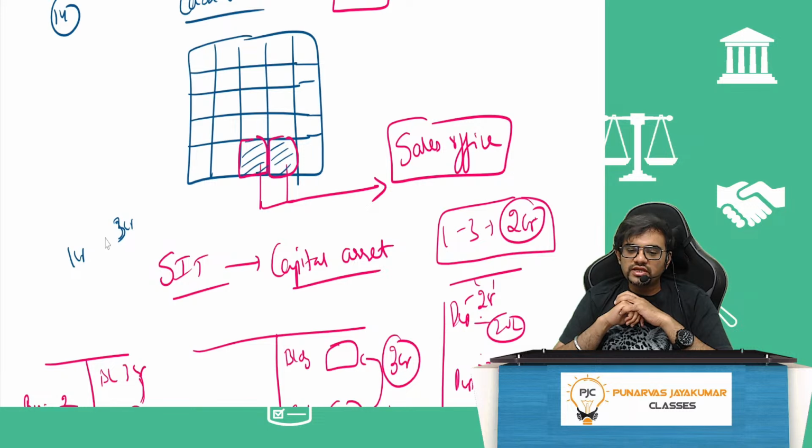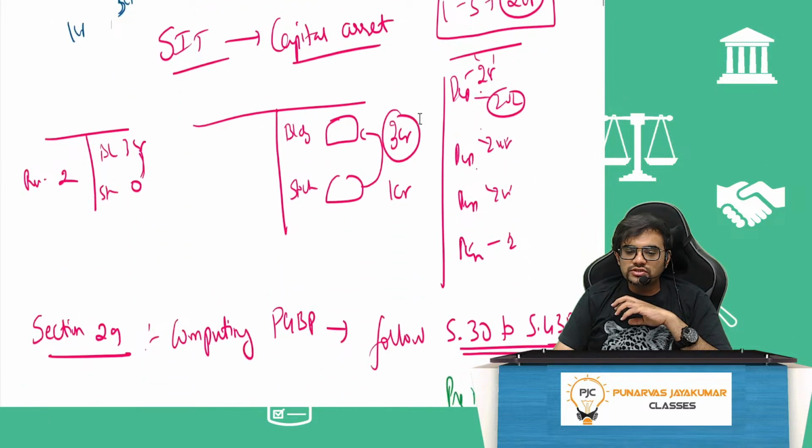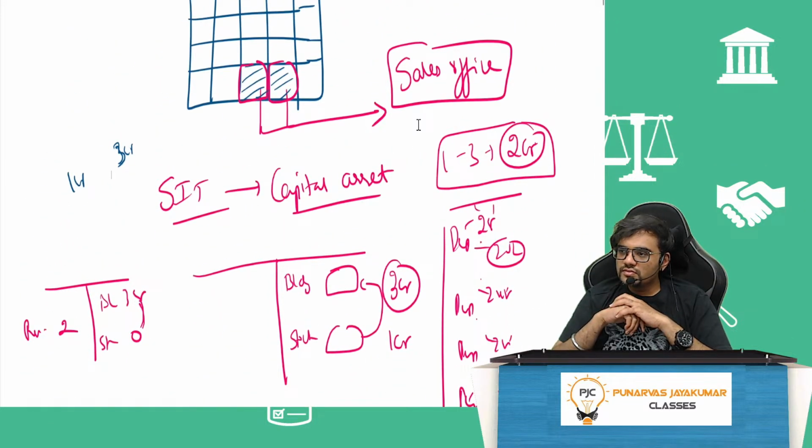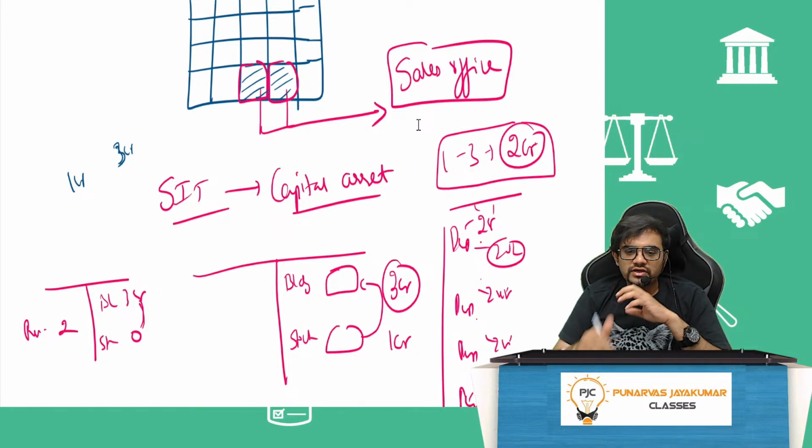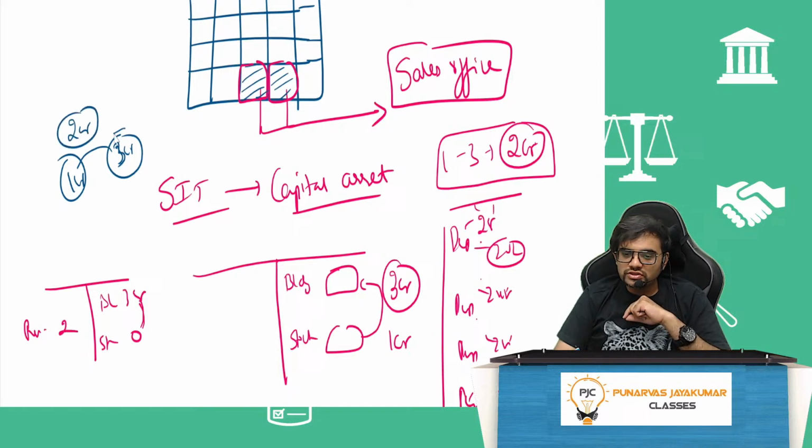The lawmaker says, when you are converting stock in trade into capital asset, your opening stock will be 1 crore, and closing stock will be 0 because you are removing that portion. But they say the fair market value you should take as PGBP. So what will come on the credit side of the P&L account? 3 crore. So what is your actual profit? 3 crore minus 1 crore, 2 crore is the profit. But how much should you credit to the P&L account?